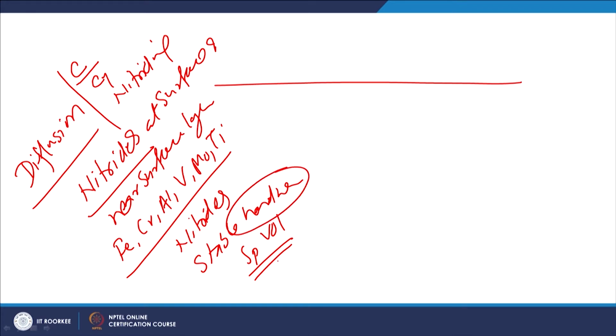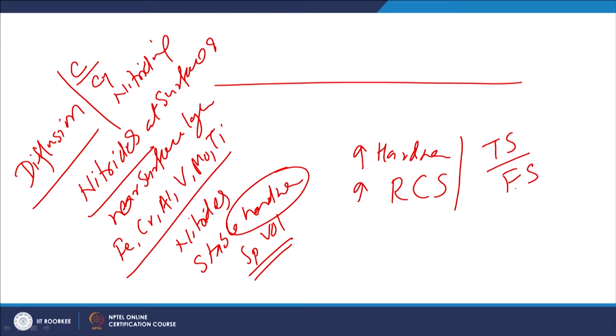But when it occurs with an increase of specific volume, we get the benefit of both increased surface hardness and developed residual compressive stresses, and both these properties help in improving the tensile strength, fatigue strength, as well as wear resistance of the material. That is why nitriding helps to improve the wear resistance, and at the same time the mechanical performance of the component. So, what is the basic procedure for this?